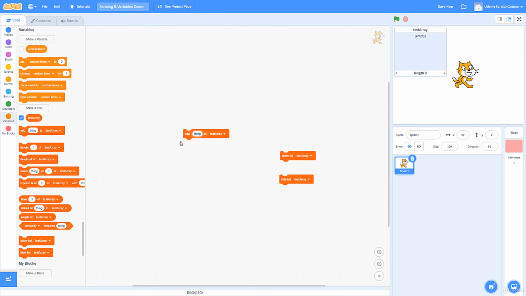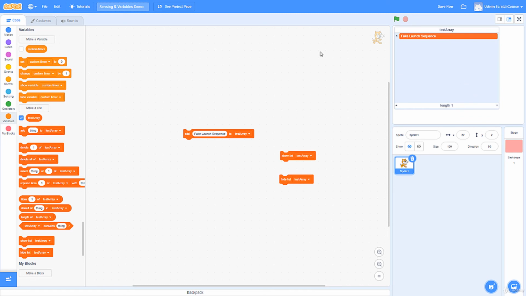But I just go fake launch sequence. This is good for loading screens. It can show you everything that's being done as it happens. If your project takes a while to load, it could be loading sprites or things like that. And I can go ahead and go